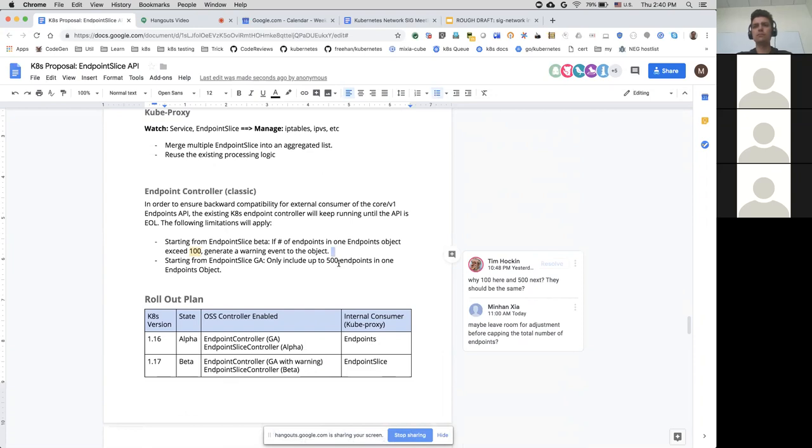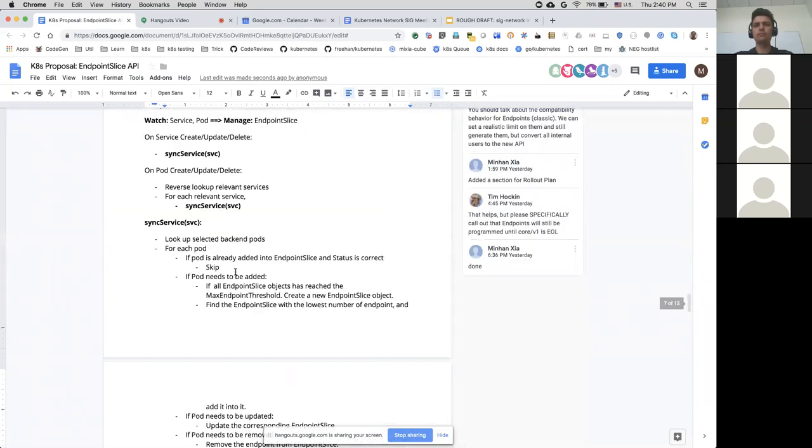If you have more endpoints, then use the new API instead. Yeah, today I think if you get above that etcd size limit, it just breaks. Yeah, it just breaks. It won't even persist into etcd, and then no kube-proxy will get updated ever for that service. So eventually that will get stale, and the functionality will just break.